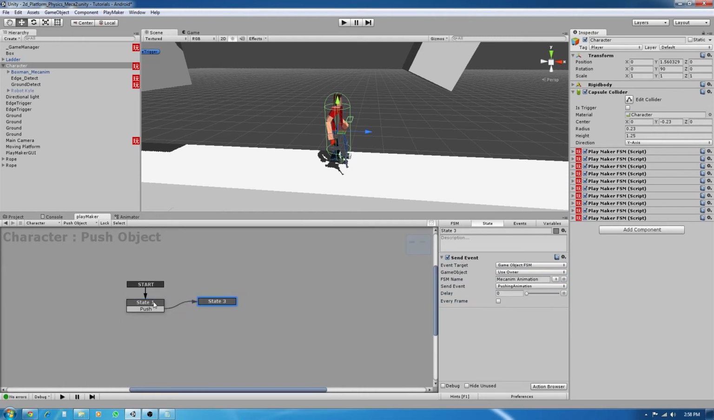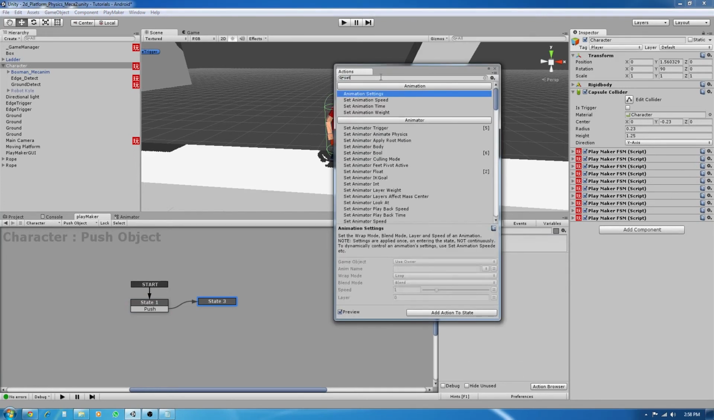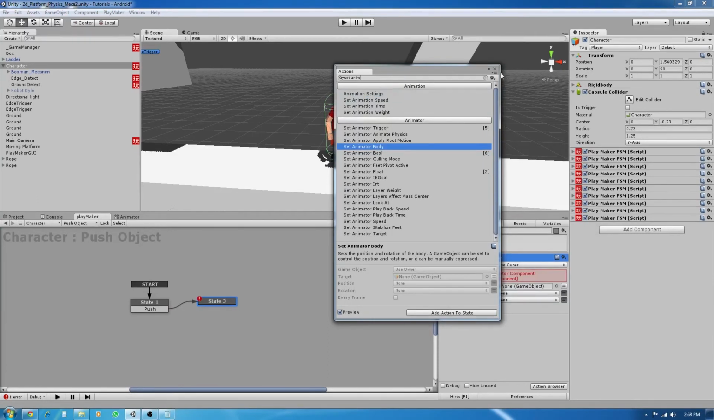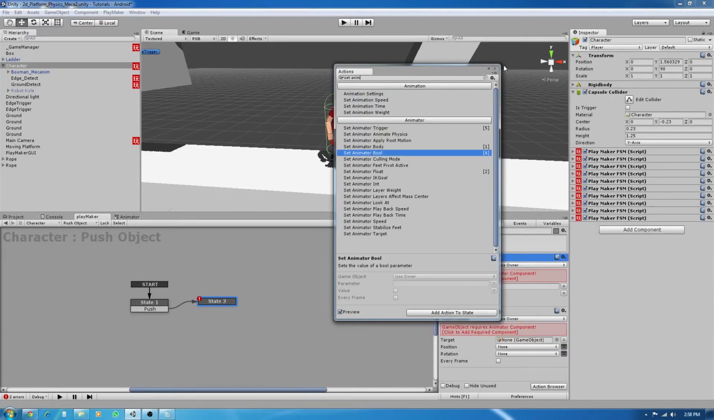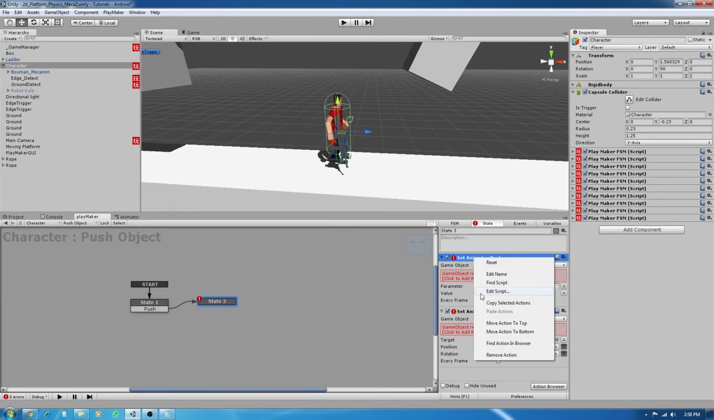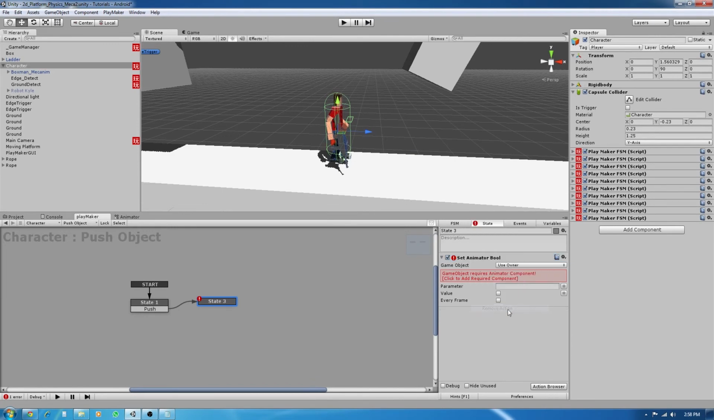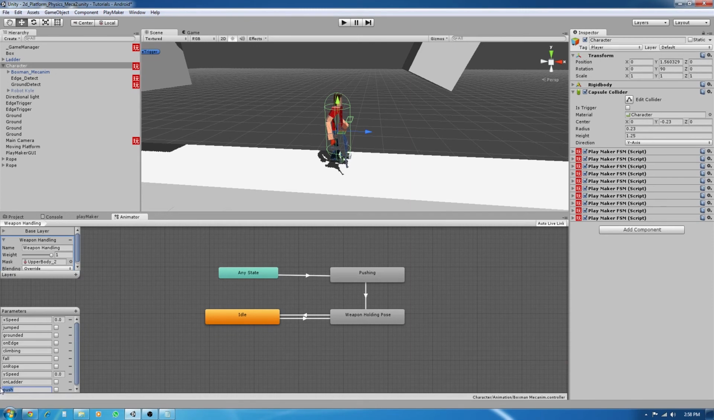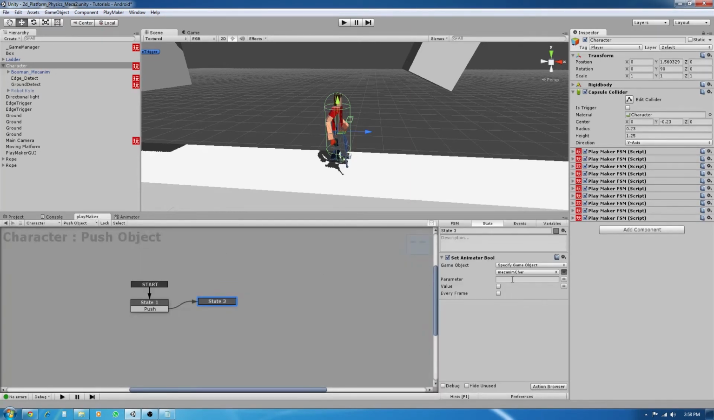go to our second state here, and I'm going to remove this one, and we are going to set the animator boolean directly here. Oh sorry, set animator bool. Going to remove this one, set animator bool, and then I'm going to specify game object and use the mechanism, and I'm going to enable this boolean value here. Okay, true,